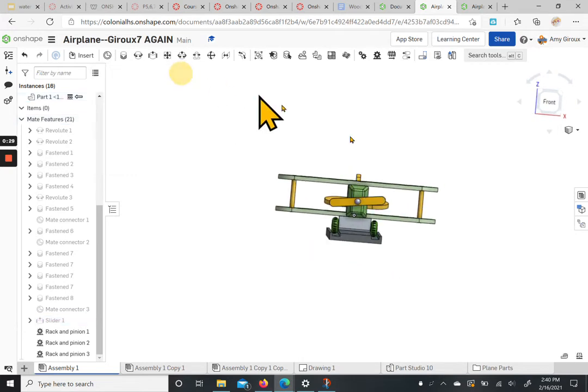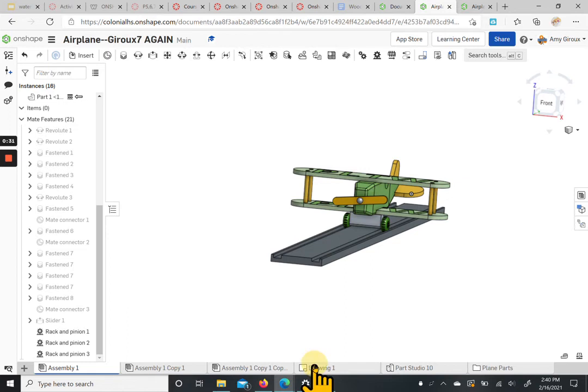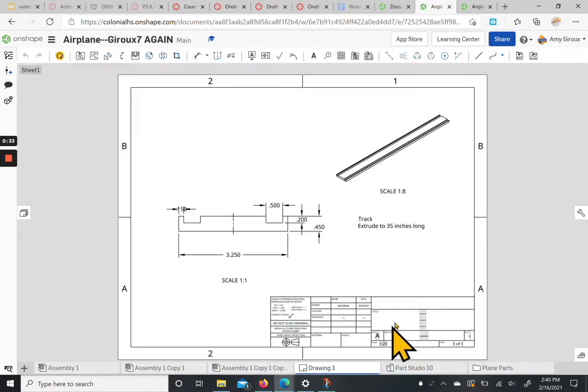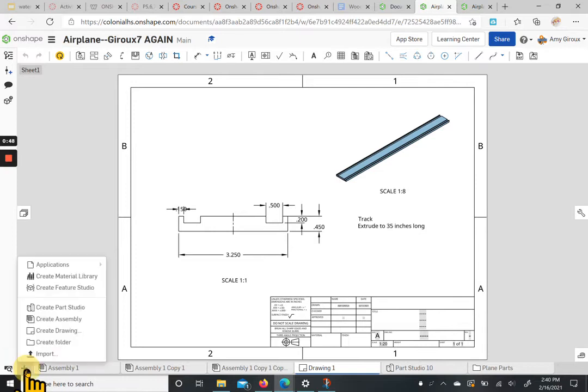To create this piece, we have a drawing that shows our cross-sectional view. So we're going to create this shape in our own part studio, and then we are going to extrude this track to 35 inches long. So we're going to start here by creating a new part studio,